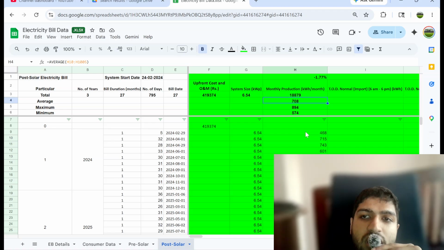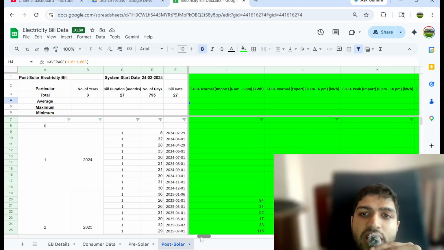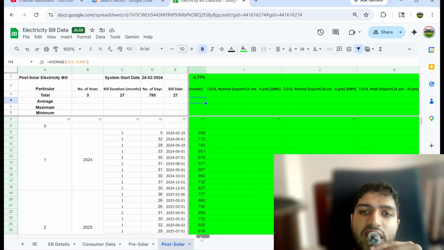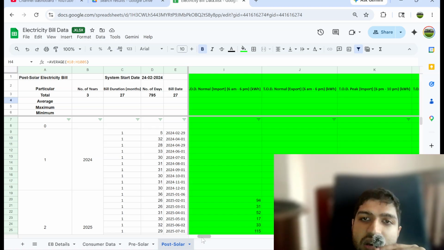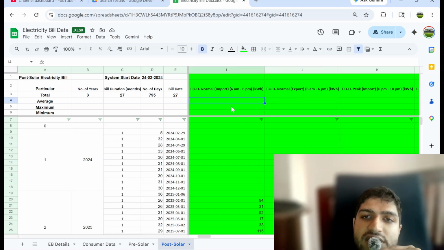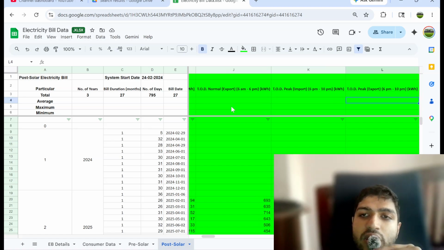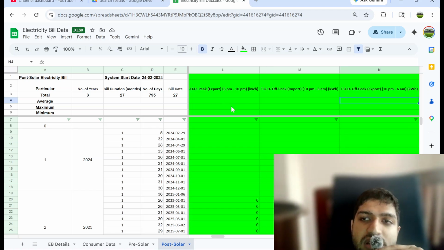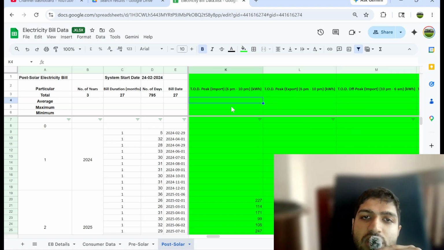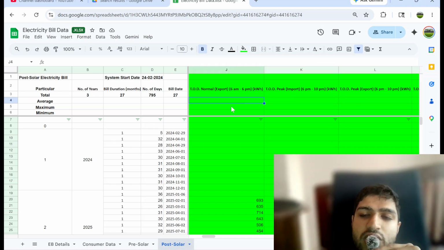Now, if you notice, my billing cycle by my utility is divided into time of day. During the solar hours, from 6 a.m. to 6 p.m., it is a normal tariff. Then from 6 p.m. to 10 p.m., it is a peak tariff. Then there is an off-peak tariff from 10 p.m. to 6 a.m. Now it is divided into three zones, and each zone is divided further into two parts,